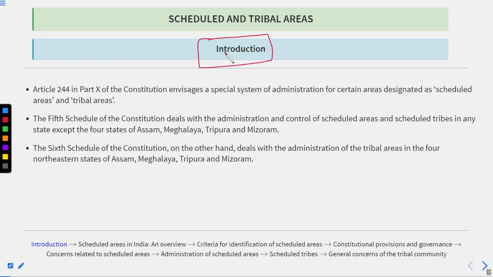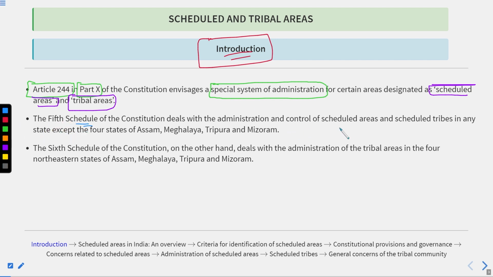So in the introduction part, basically we have seen that there is Article 244 of the Constitution and Part 10 that deals with the special system of administration for certain areas that are designated as schedule areas and the tribal areas. Got it? We have seen that the 5th schedule of the Constitution